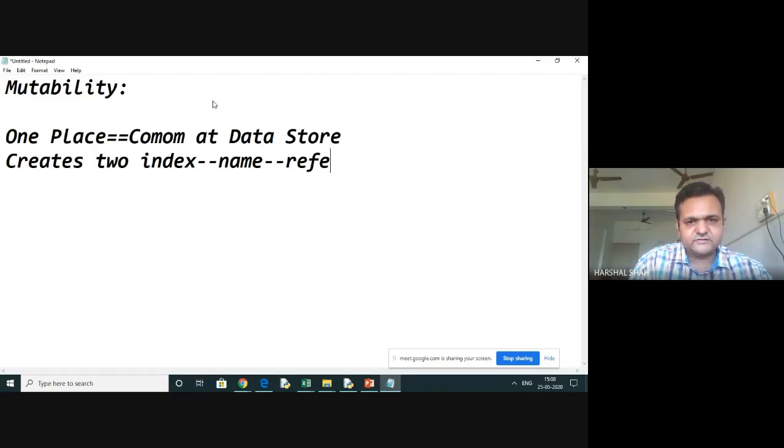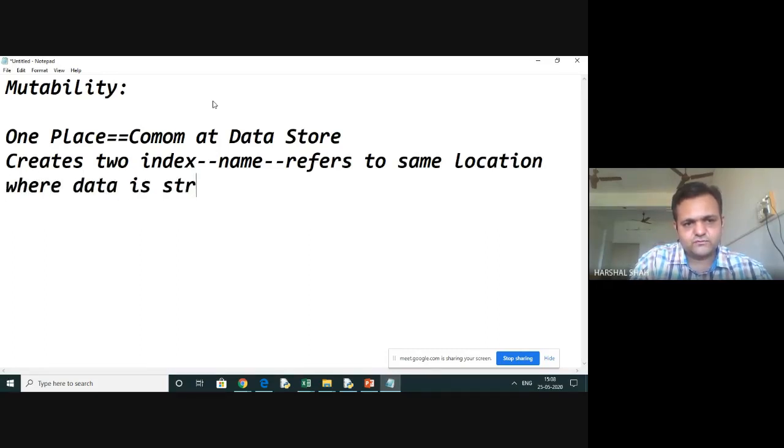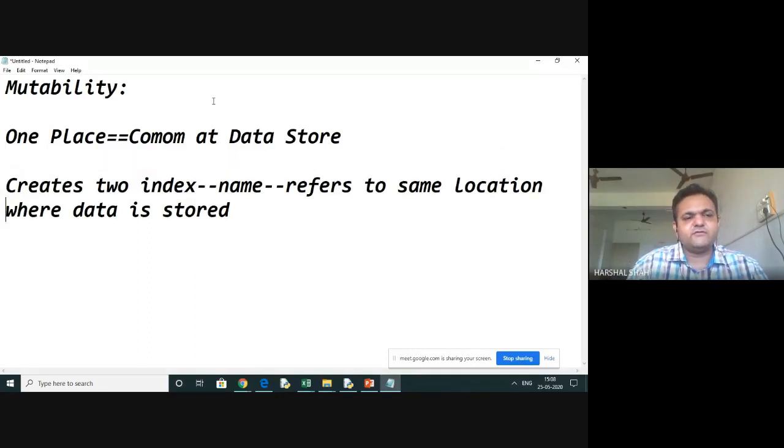This refers to the same location where data is stored. So if you have created your own index, your own name, but they have been created together, once it is updated at one end, it will directly be reflected in the other data also. So this is a very fantastic data type, and you can imagine it is very useful.